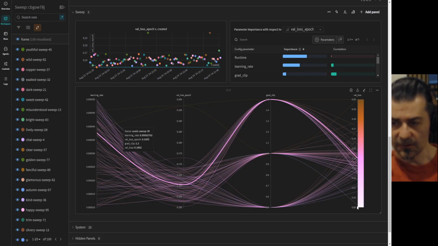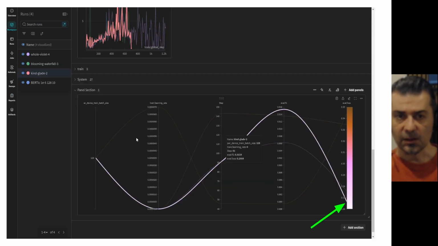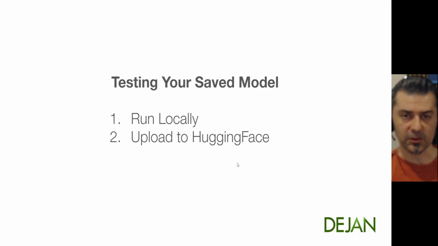So this is the model with the lowest final loss, and I can see its exact parameters. Of course, when you highlight over this line, you will see it light up, just like I did with this one here. And you will know exactly what hyperparameters really worked well. So that's how it looks when you highlight one particular thing. So here I can see my learning rate that's worked really well, how many steps I trained it for, and what sort of metrics I got.